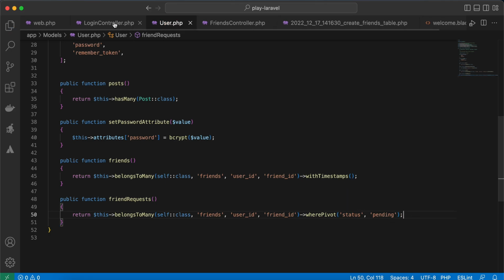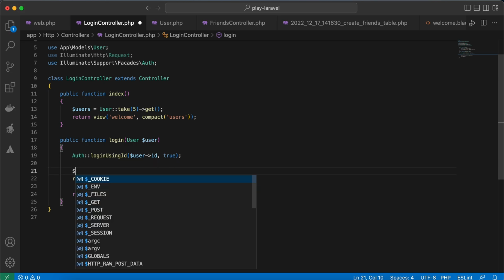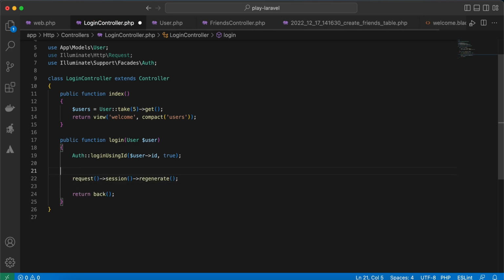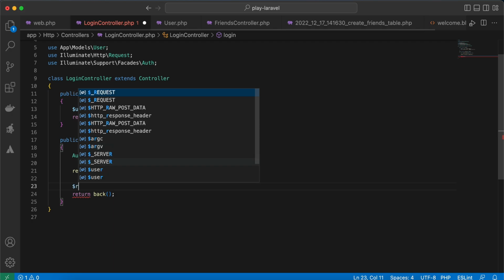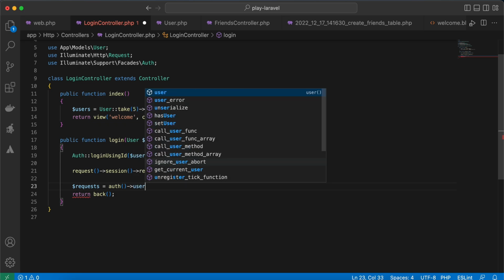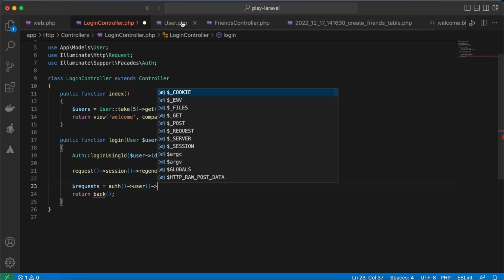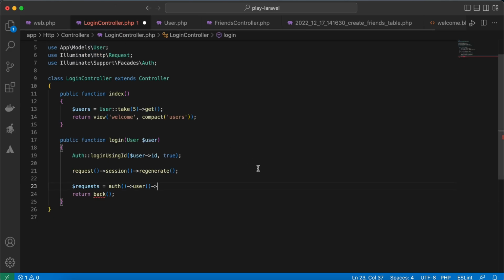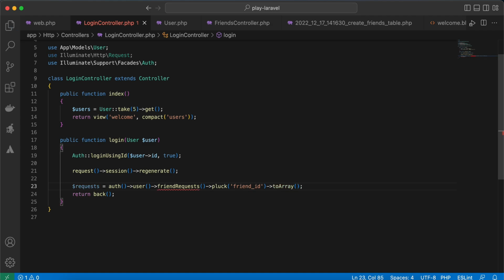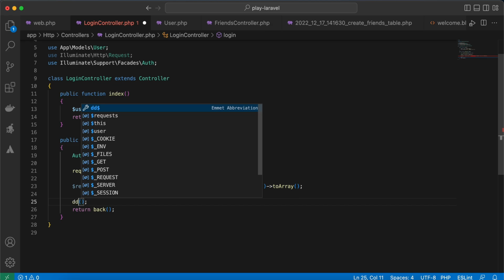And here back to our login controller, I will say friend requests equal to the current authenticated user, and back with all friend requests, right. Then I will pluck IDs. I want to get friends' IDs only, friend ID, toArray, right. So if I die and dump these friend requests here,